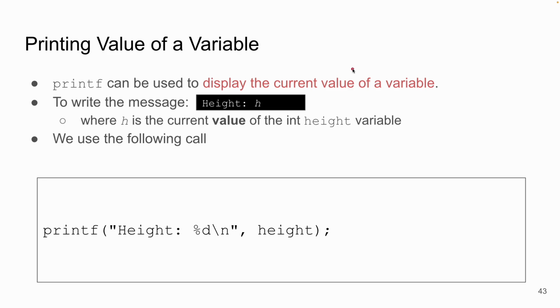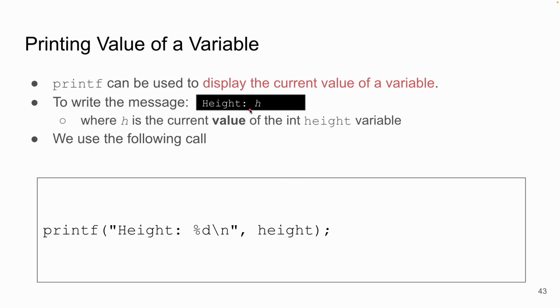So the final topic I want to cover today is how to print the value from a variable in C. This is a very simple thing to do. We just use the function printf, and we can use printf to print out the current value that's stored inside a variable. So if we want to write a message like this, what I want to do is print out the message "height", and I want to print out the value that's stored inside